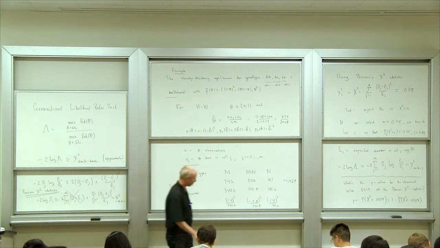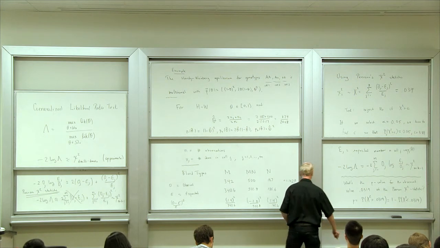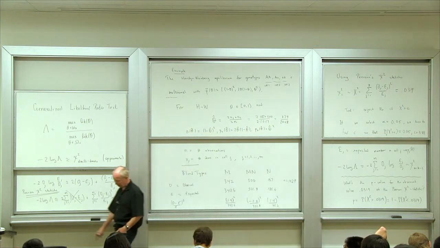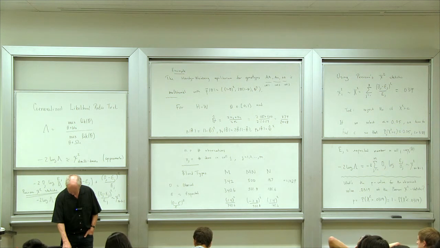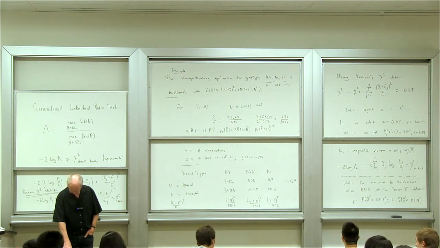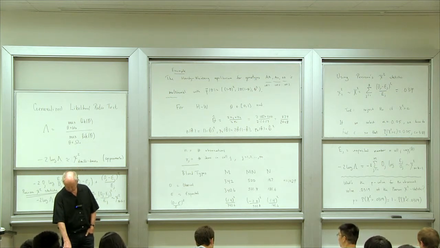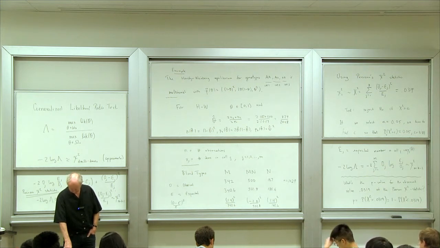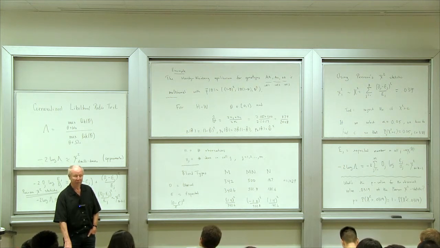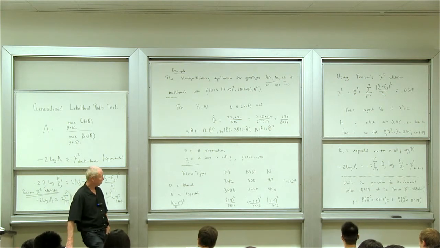1 minus, let's see, 0.0319. You have to look across here, 0.0319. Well, that's not something you read off from the table, because they jump from chi-squared where the probability that you're less than something is 0.1, to where the probability you're less than something is 0.9. And there's a big gap in between those. So you'd have to go to a better table, or you could convert this to a